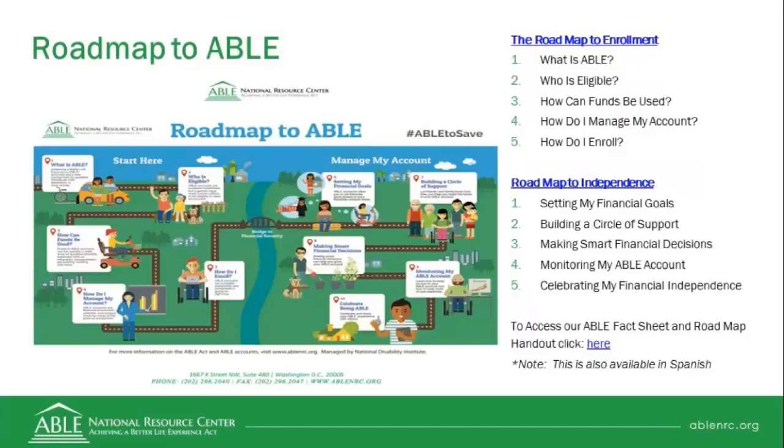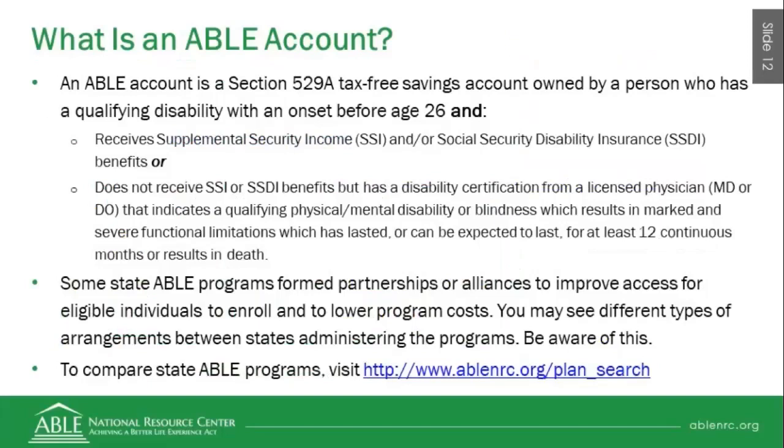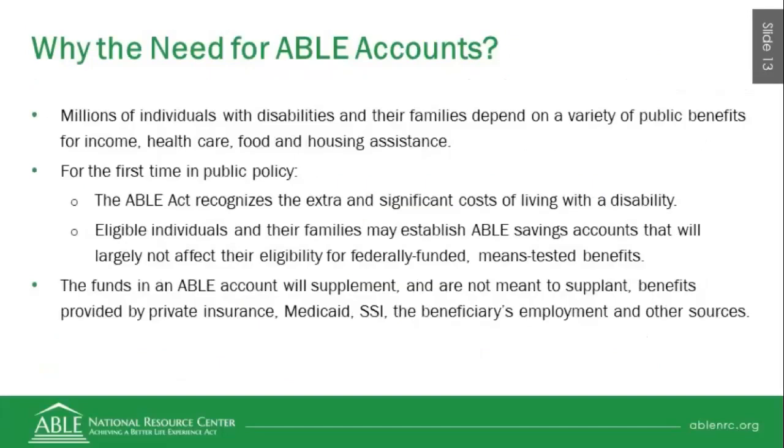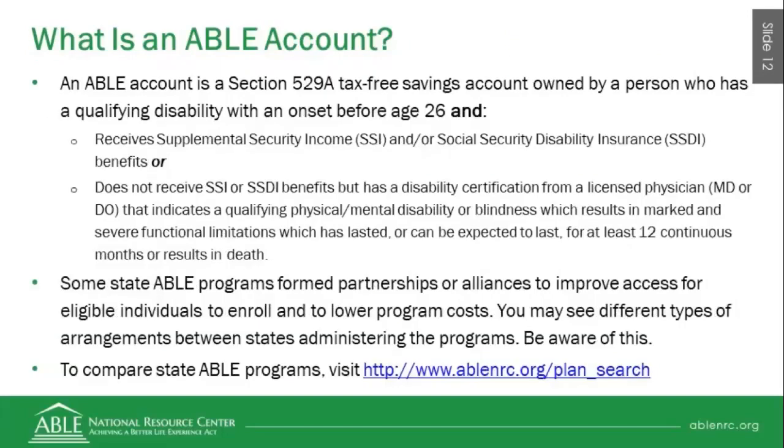So with that, the next 2 slides really do just give us a quick overview of what is an ABLE account and why the need for ABLE accounts. So what is an ABLE account? ABLE accounts are Section 529A tax-free savings accounts that are owned by a person who has a qualifying disability with an age of onset before 26,